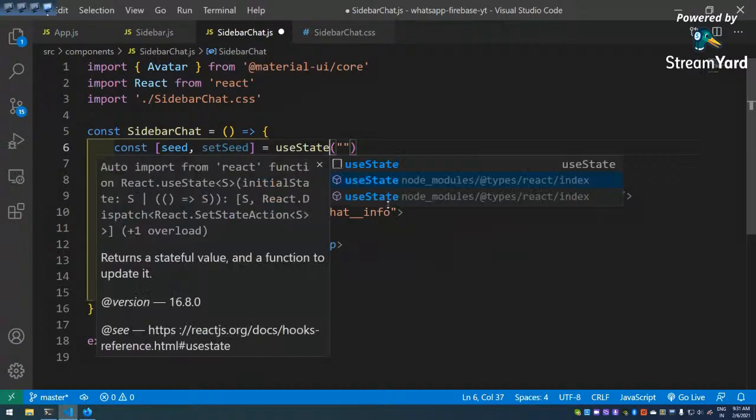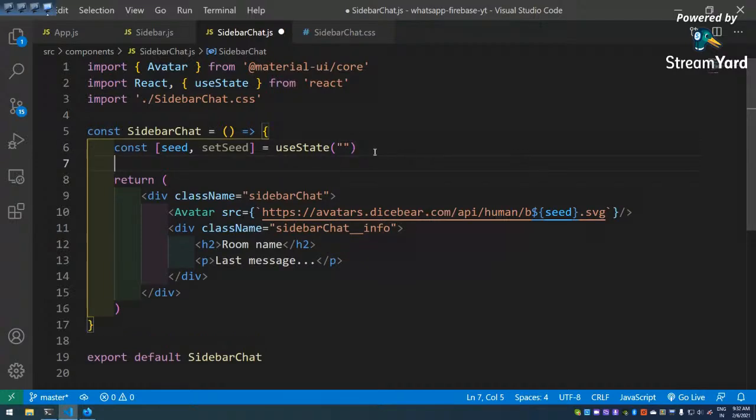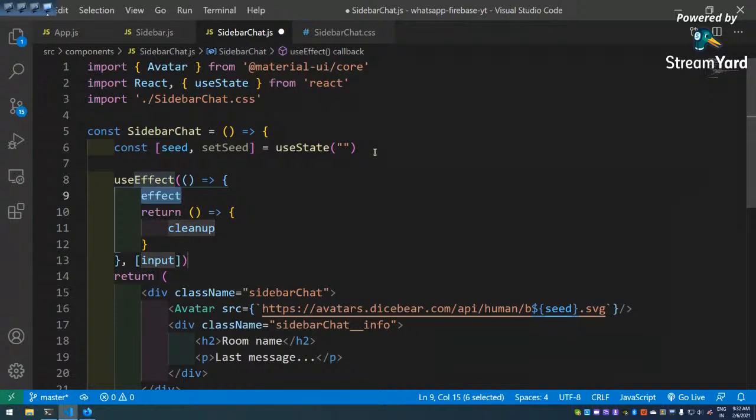Okay, I want useState actually. useState should be here or it will give me an error. So in this state I am going to have seed. Now this I have to change also. So how will I change it? I will change it by useEffect